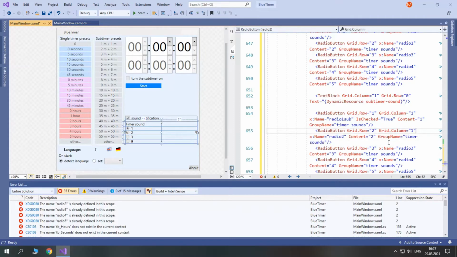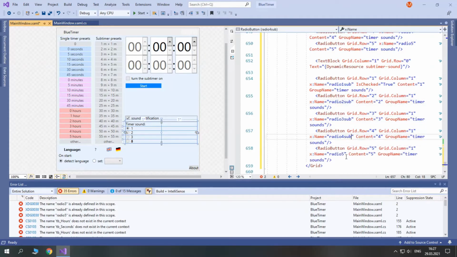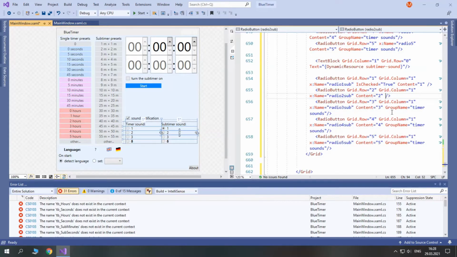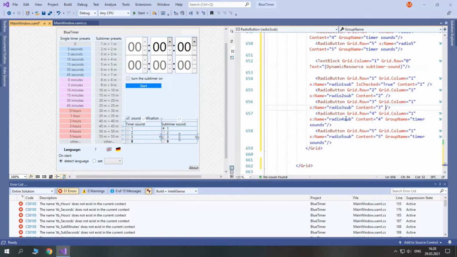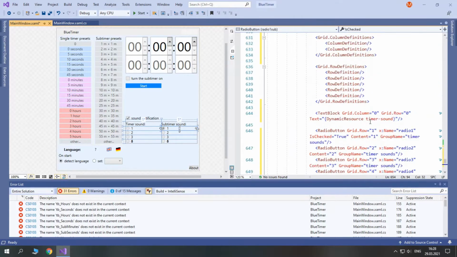So grid column 1, and sub, and we'll remove this group name here, here, and here, and here. Oh, and I guess we'll need another row definition here.